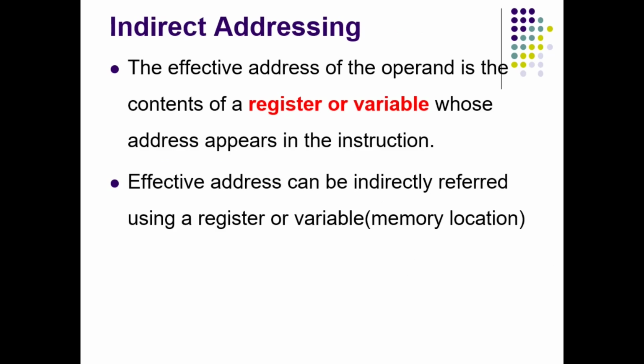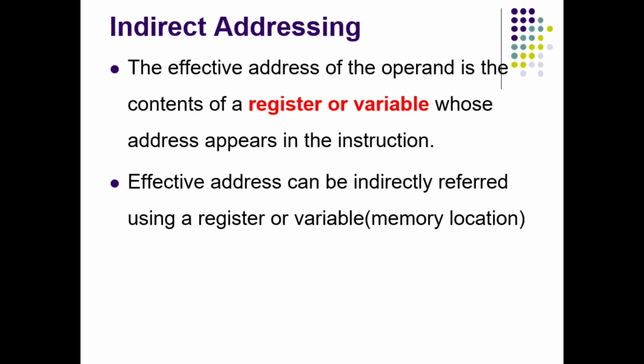This is one more addressing mode, indirect addressing mode. Now we know what is direct addressing mode, where the effective address of the memory where the operand exists is directly mentioned within square brackets in an instruction. Now what is indirect addressing mode? Here the effective address of the memory location where data is present is not directly mentioned within square brackets. Instead it is stored in a variable or register, and their names, register or variable names, are indirectly used in the instruction.